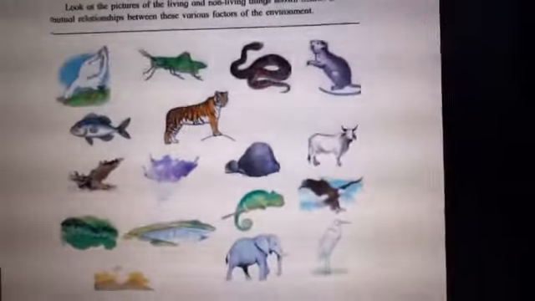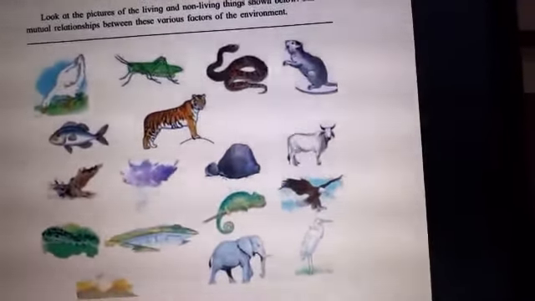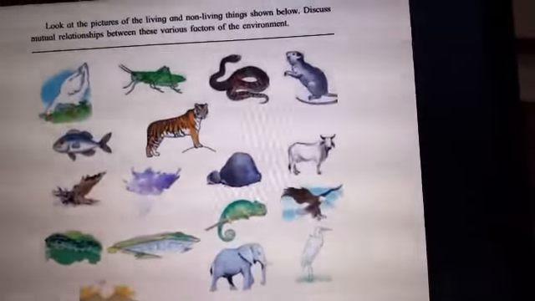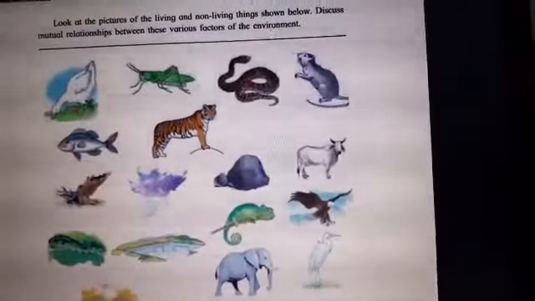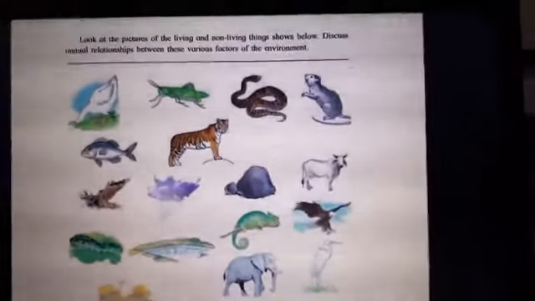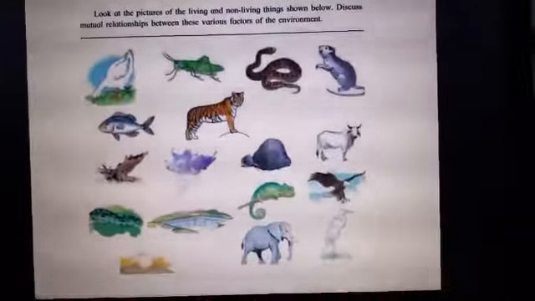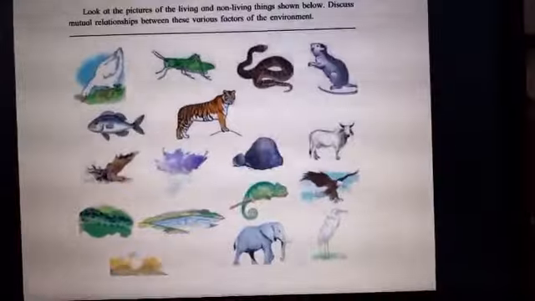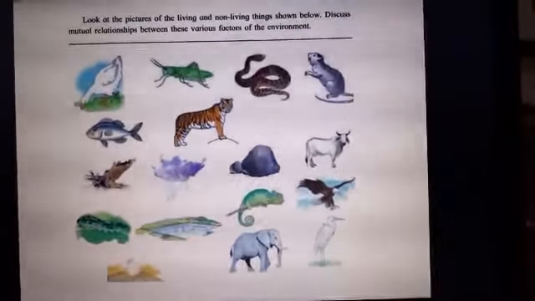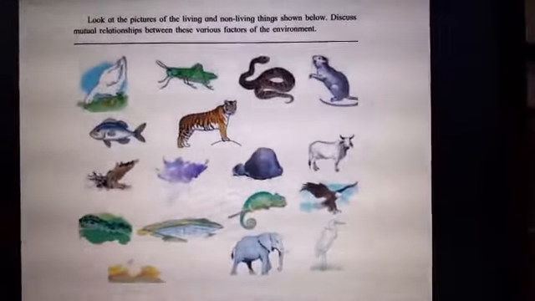You can see the worm is there. Now who eats the grasshopper? Who eats birds, isn't it? Worm eats what? Grass. Now water is what? Non-living thing. But water is important for all the living things. We cannot survive without water, isn't it? Then sunlight is important for the plants. Without the sunlight, plants cannot grow. Without the rain, we cannot get the water.